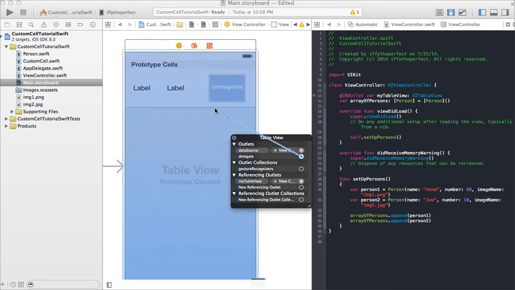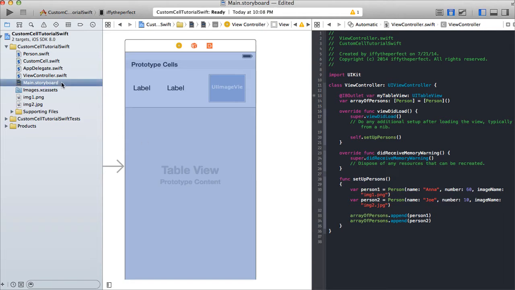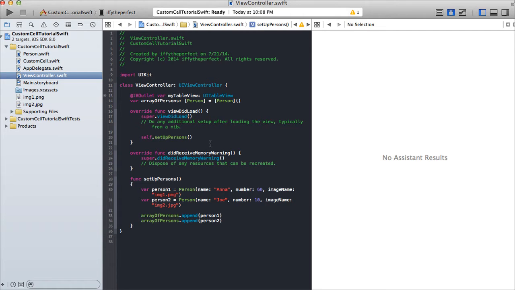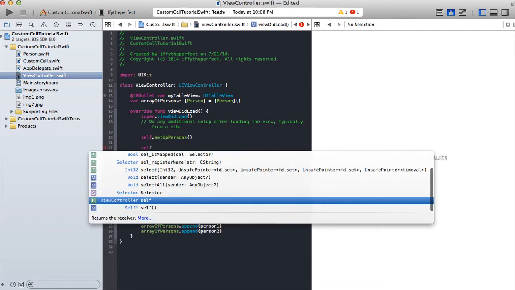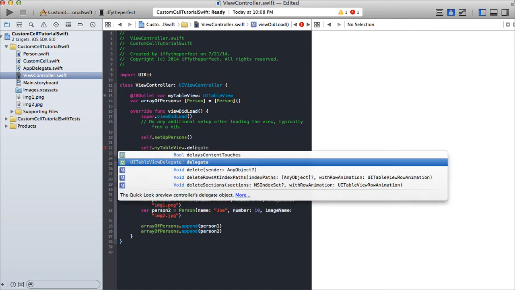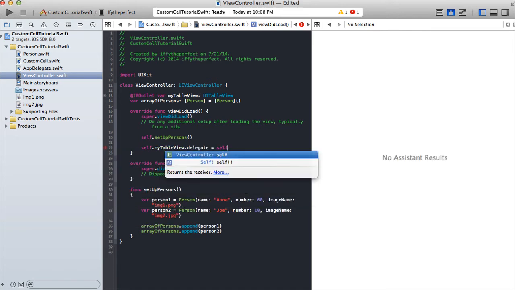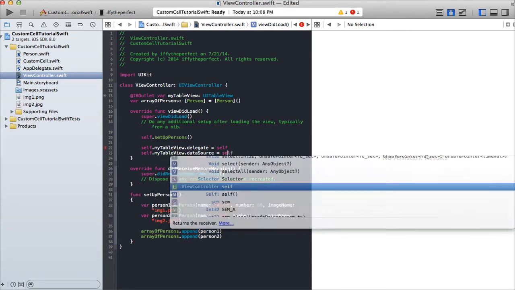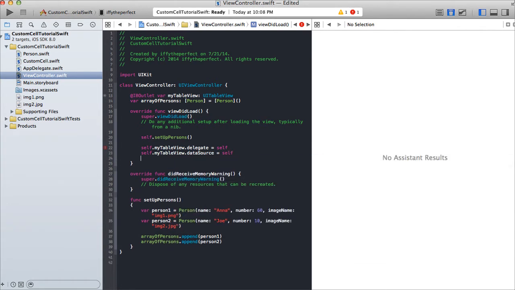Go to the delegate, click it, and drag it to the view controller, saying the view controller is going to implement some functions for the table view delegate. Alright, so that's that, and go back to our view controller. You can do that, or if you forgot, you can just say self.myTableView.delegate equals self. That's equivalent to what we just did, and self.myTableView.dataSource equals self. You can do either way, but since I already did the other way,